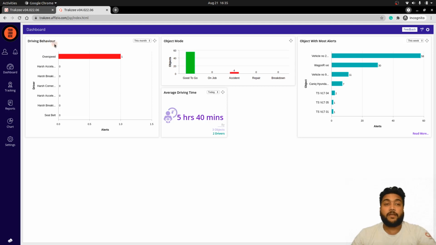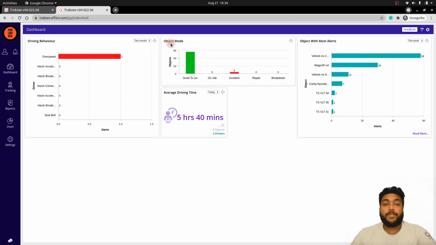Now, if we talk about another widget available for the activities, that is driver behavior. This widget is helpful to know how many alerts have been generated and, accordingly, what type of alert has been generated. That is, what type of violations of driver behavior have occurred, whether it was overspeeding, harsh acceleration, or braking. Likewise, the types of driver alerts have been categorized and defined for the particular alerts, and the widgets for the driver behaviors are reflected.